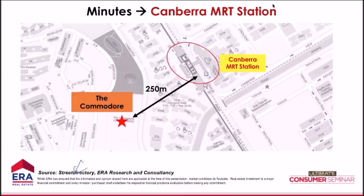Jennifer says 3 minutes. Someone a little bit more elderly says 4 minutes. But at the end of the day, it is near enough for you to walk. That's all I'm saying. Whether you're tall, short, your legs long or not long, everybody is relative, right? 2, 3, 4 minutes. The good news is it's within walking distance. You cut through the HDB estate, you will be able to reach your Canberra station